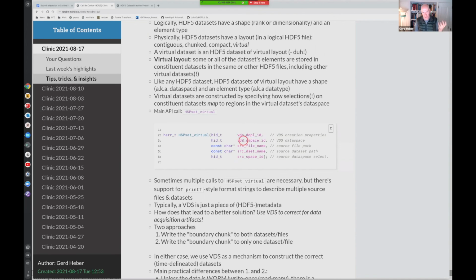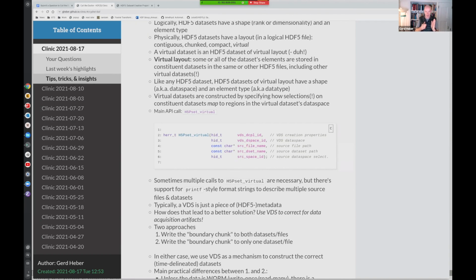And as we said, that virtual data set to be will have a shape, so you can describe that abstractly. Then you describe how the selections map. It doesn't have to be whole data sets sourced from somewhere else; it could be just selections on those data sets.